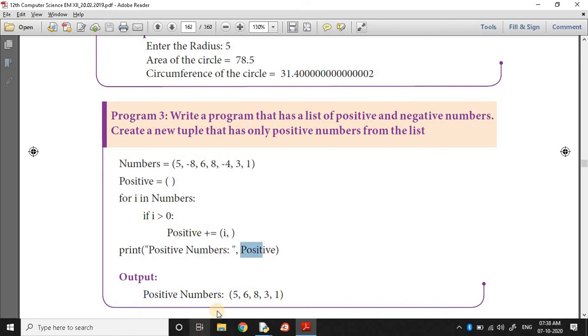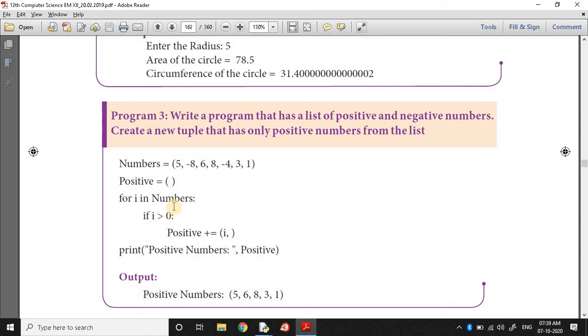So positive numbers will be printed. For the first time, 5 is greater than 0. For the next time, 5, 6. Minus 8 is not greater than 0, so it is totally skipped. This must be an indented statement: if, then the if block statement is a nested indented statement. If you write it here without indentation, it will give an error.